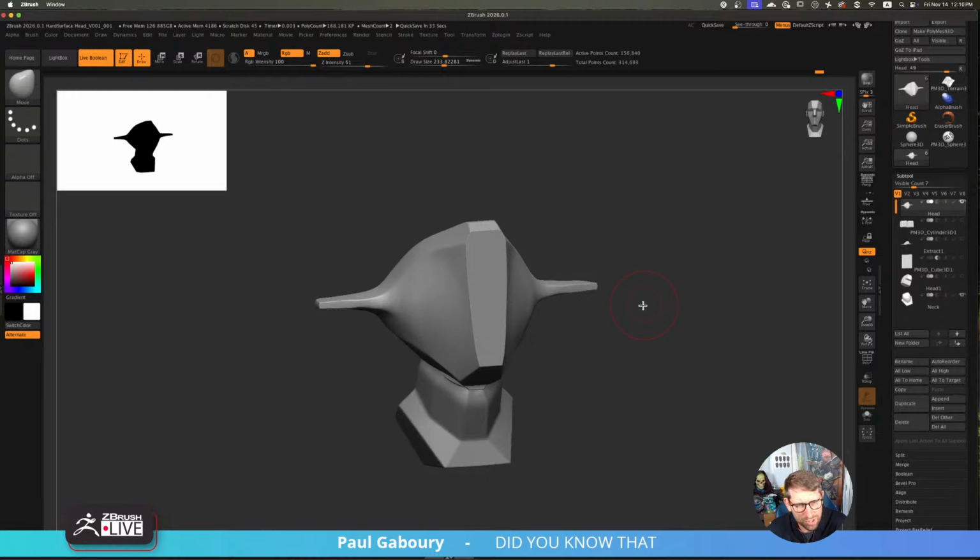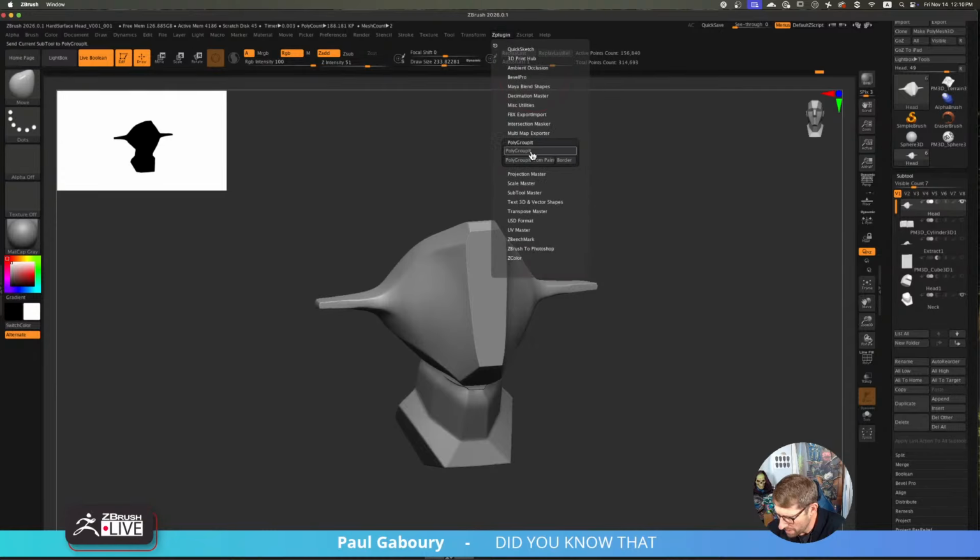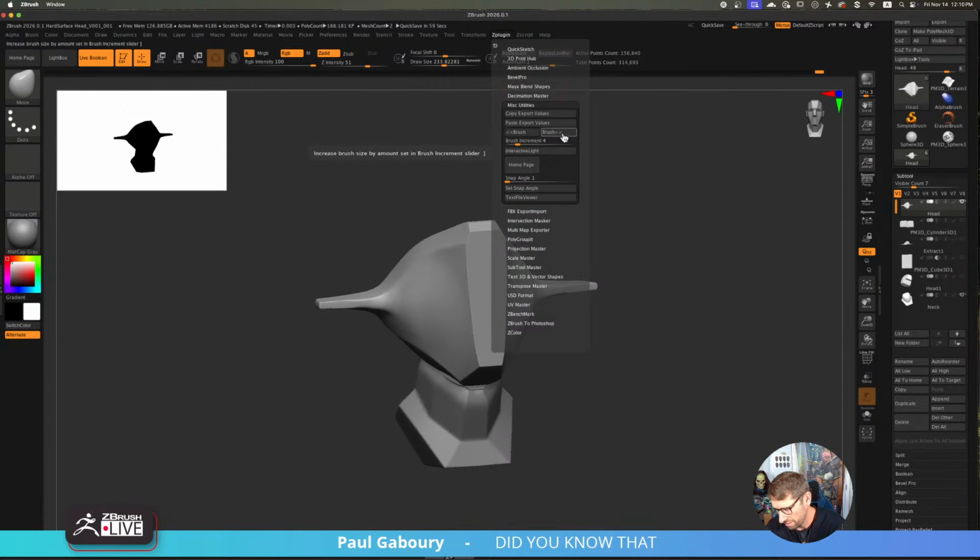How do you set brush size in the hotkeys? So your hotkeys are broken. That was an easy one. Up here in your ZPlugins, there is a Miscellaneous folder right here, and then here's where your brackets are, which should work. They're assigned, so if it's not working for you, that's where you can reassign your brackets for your brush size. That's it. You just do it right here. Then you have your brackets.